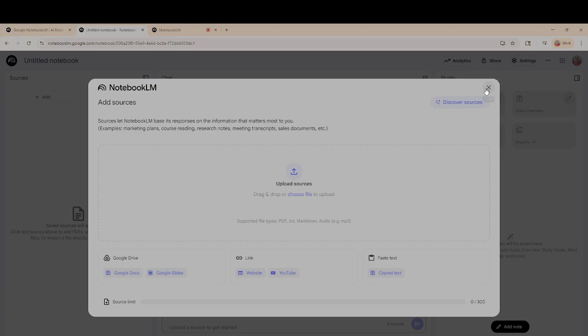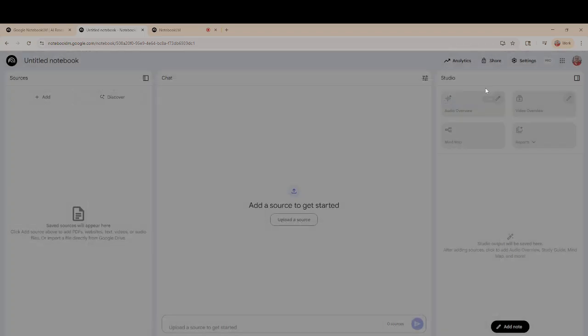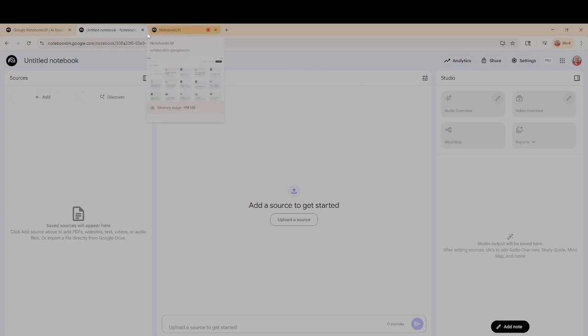That's going to allow you to build a notebook. So you add your sources. You can add as many as you need to in here. You can add just one. You can just add one chapter of your textbook and study just one chapter at a time and create a whole bunch of notebooks. Once you create your notebook,